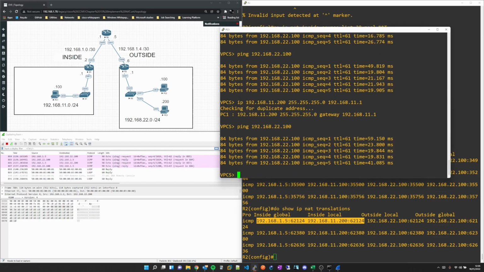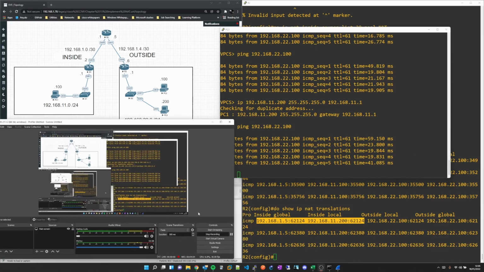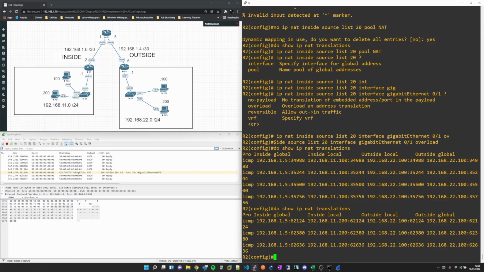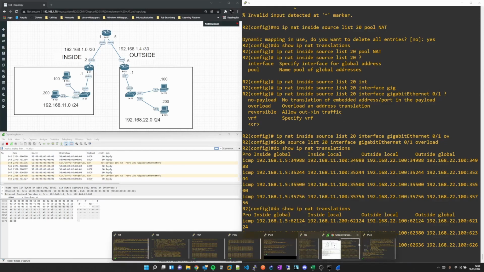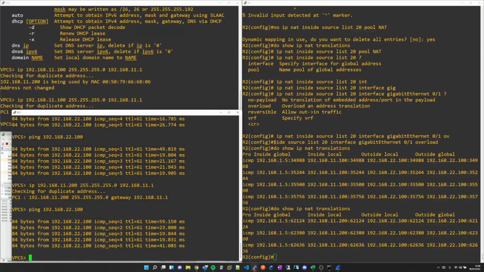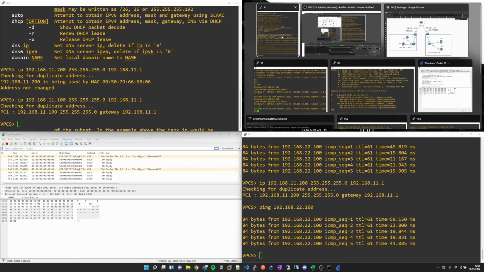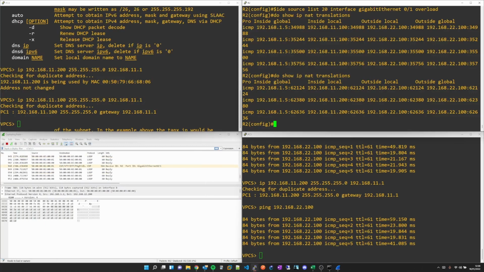What I'll do is I'll quickly add in a second PC. Okay, so we've added in a second PC on the 11 network. So what we'll do is we'll just open up both PC 4, PC 1. So we've got R2 at the top, PC 1 at the bottom right, PC 4 at the top left, and the packet capture still in R2. So if we ping 22.100 on that one, ping 192.168.22.100,